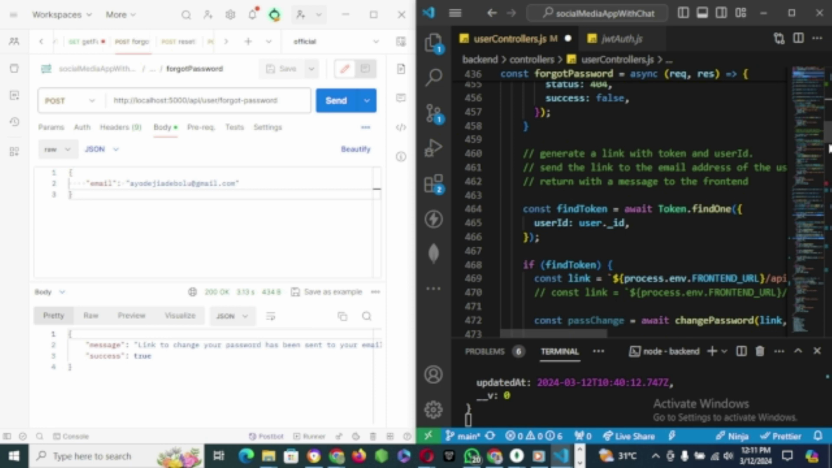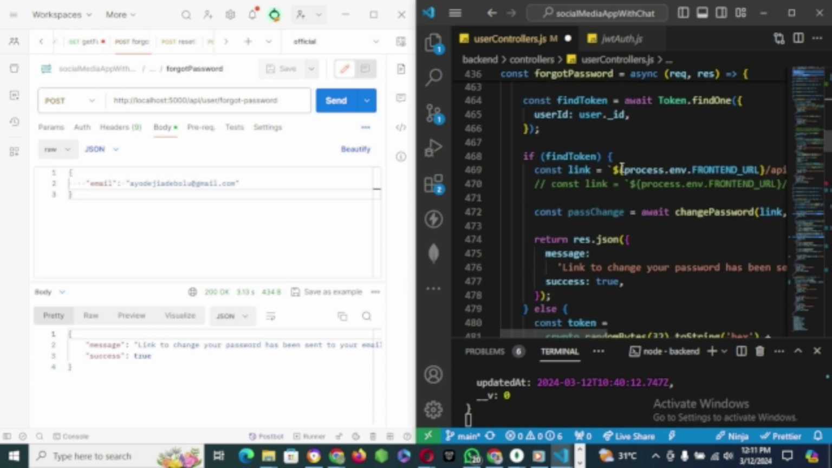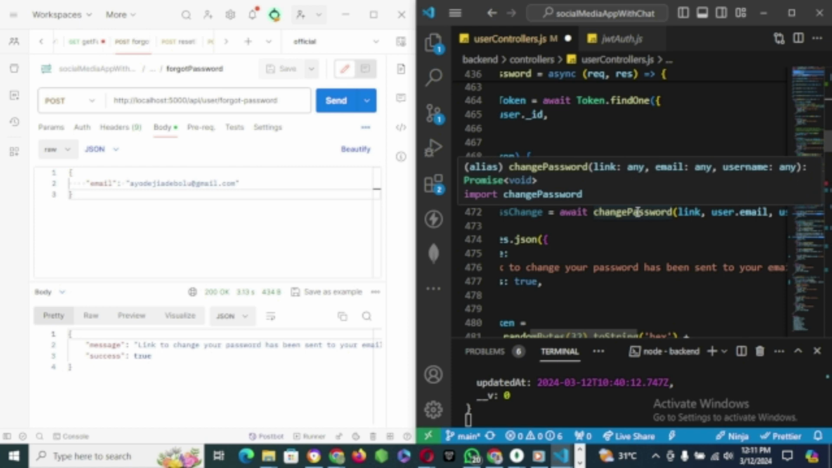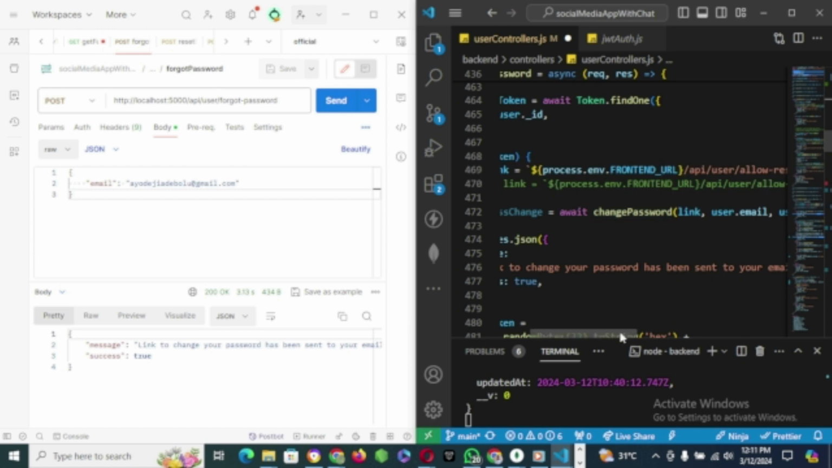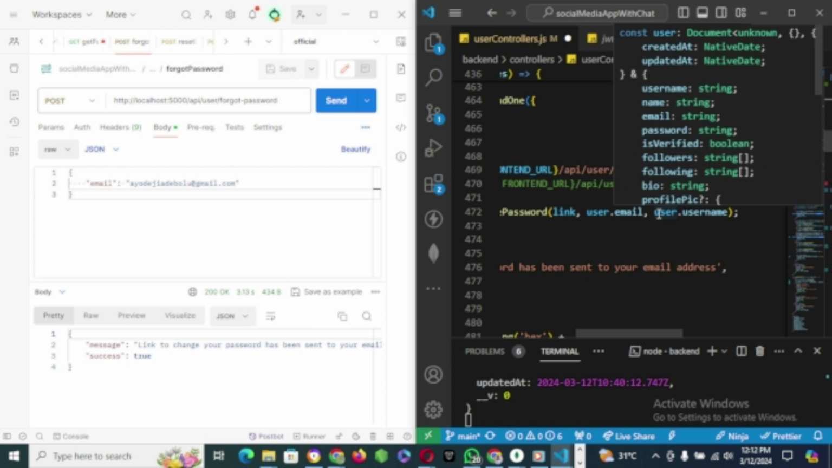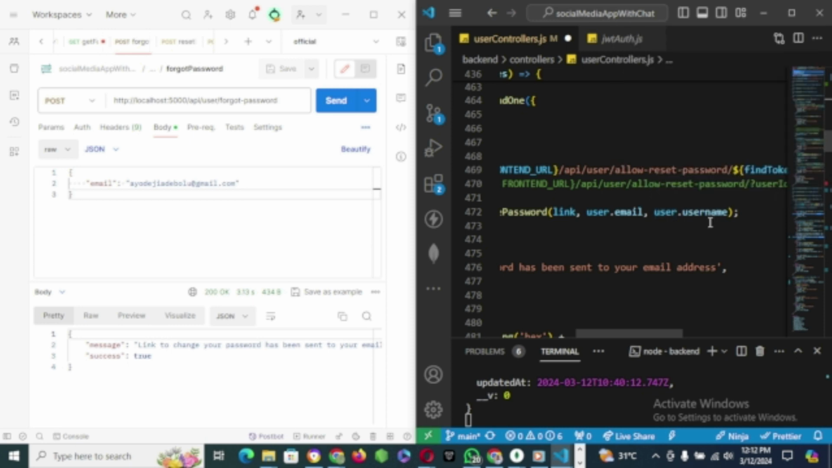If there is a token for that user, I get the token. I use the token and the user ID and form this link and send it to the email address of the user for change of password. This function has been created inside NodeMailer and is expecting three parameters: the link, the email address, and the username of that user. I'm putting the username, and when I'm testing I will show you the reason, so that I can personify